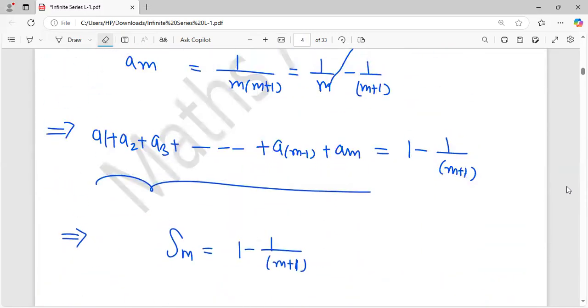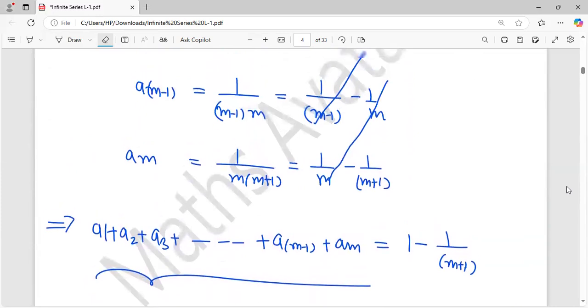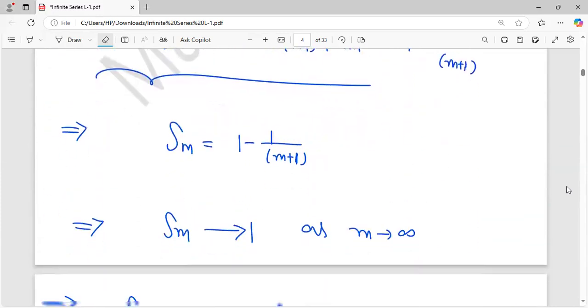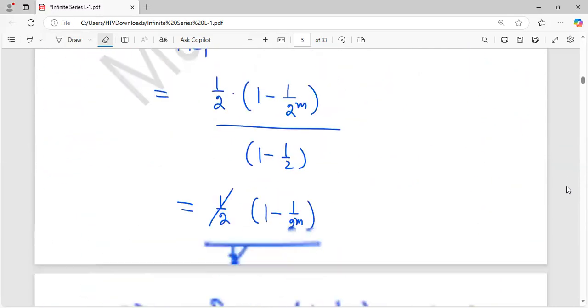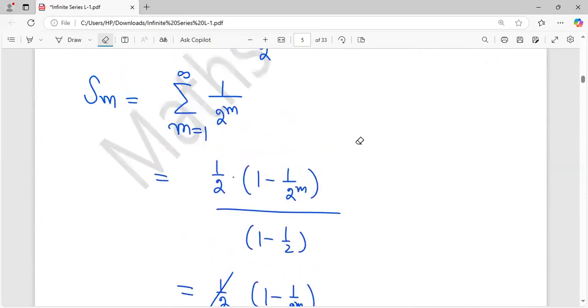So Sm was, so this is this example of n goes to